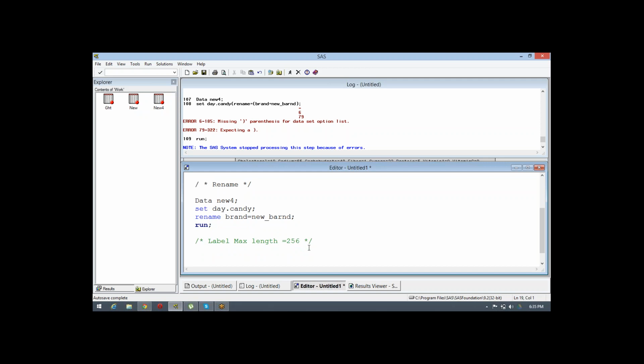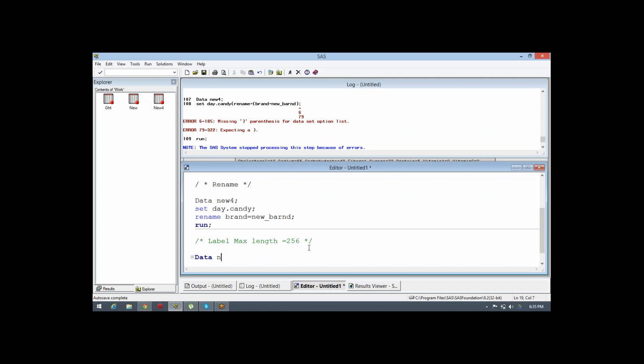The one we use for usual data is the normal name, and the label is always used in your report creation formats. Let's suppose clients wanted employee name to be printed as such, not EMP name, in your report. So there we always use label. We don't use the variable name again. So the label you can keep as long as 256.